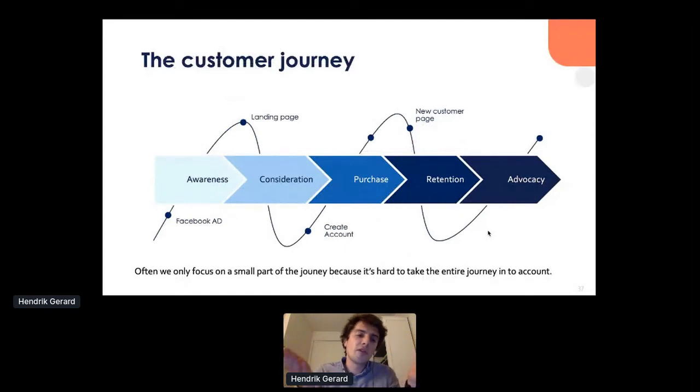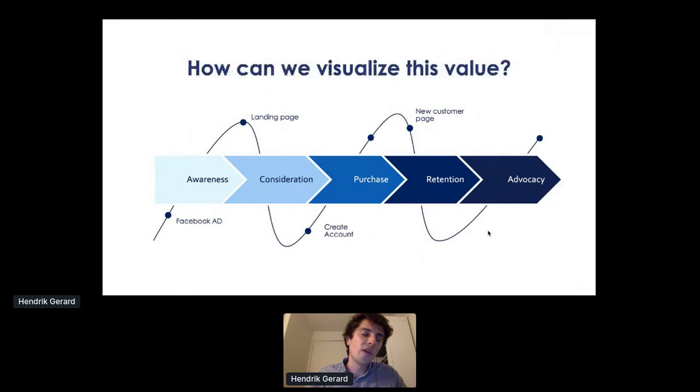So this is a very basic journey. You see, you start from the Facebook ad, you go to the landing page, you create an account, and you buy the product. So it's hard for us to keep the bigger picture in mind. So I did some research on this and found some way to visualize how we can take the bigger picture into account. And that's something I want to show you now, because right now we can't visualize the value in this journey,